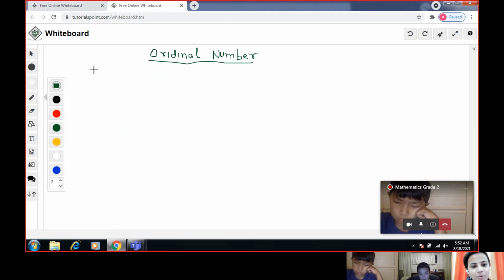What is an ordinal number? It is a number which shows the order, like first. This is not the number name. Number names are different, like one, two. These are the ordinal numbers: first, second, third, fourth,